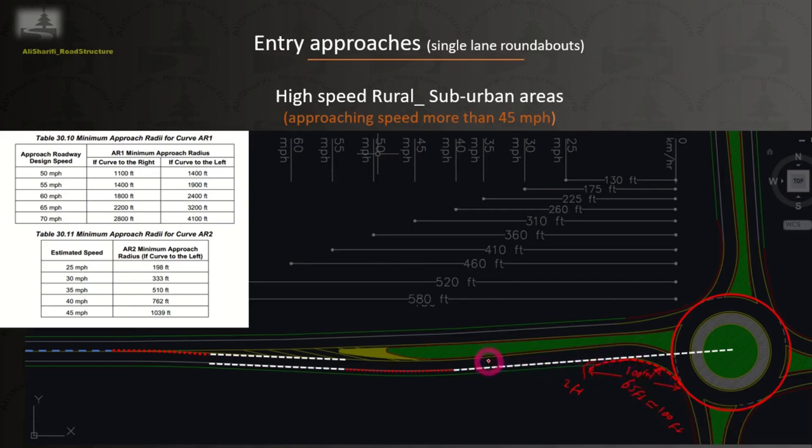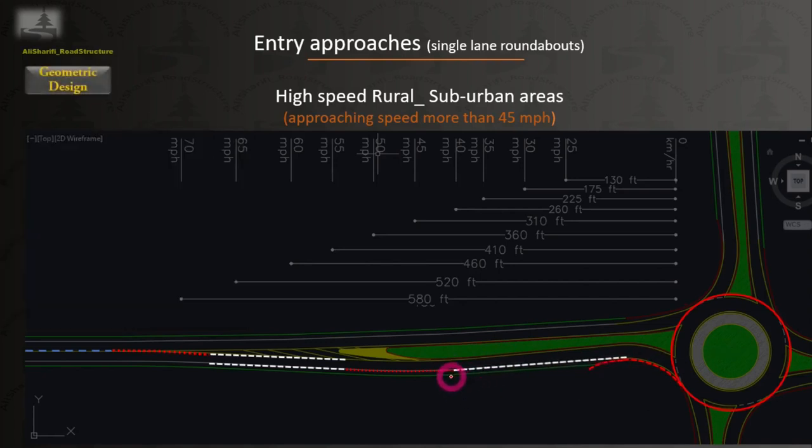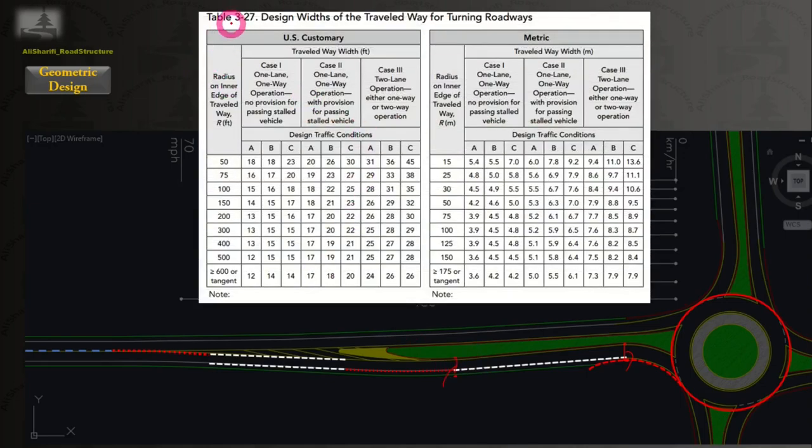To develop the left side of the entry, first you need this width here from the edge of paved shoulder to the splitter island on the left side, and here from the curve on the right side to the splitter island. These two widths you can get by referring to table 3-27 of the AASHTO Green Book, 7th edition, and based on your traffic condition